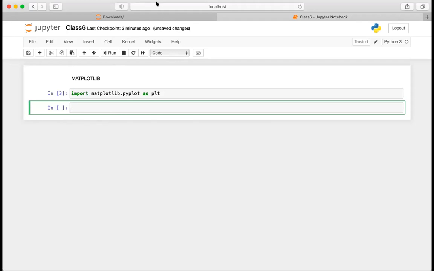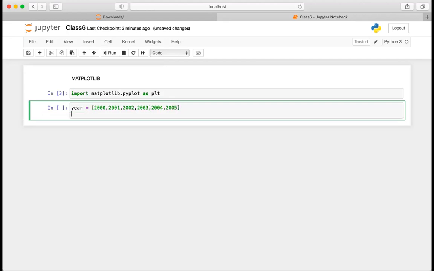Pressure versus volume. Okay, let's go with something similar. I'll come to the pressure plot also, don't worry. Let's say I'm plotting year: 2000, 2001, 2002, 2003, 2004, and 2005.